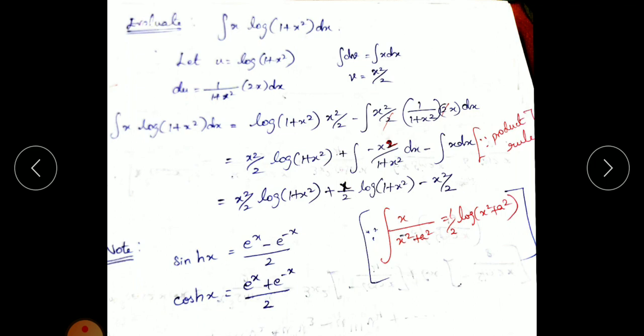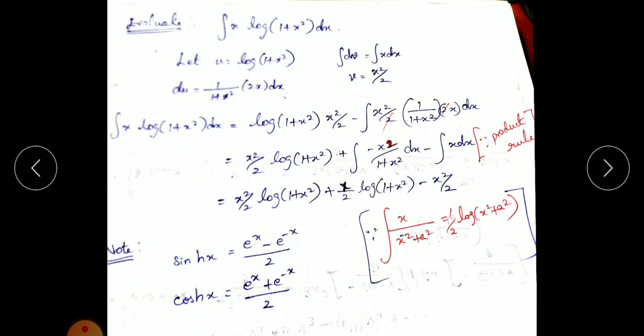Okay. So here I have used the product rule. Generally for differentiation we use the product rule, that is d of uv equal to u dv plus v du. Likewise for the integration also, the integration symbol can be kept as itself. Simply, by using the product rule, we are substituting that formula, uv plus v du, that formula we are using here. So I am splitting into two terms here, that is first one is x squared by 1 plus x squared term, and then the remaining another x is there, so minus x dx I am using. So plus into minus becomes minus, and here plus into minus becomes minus also.